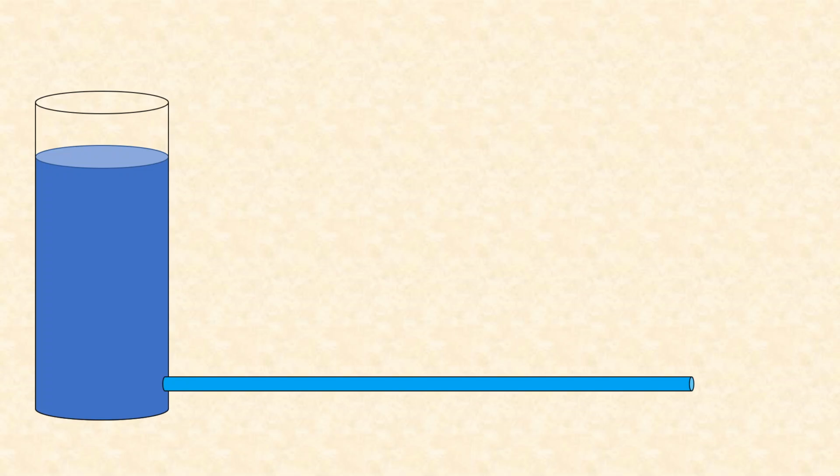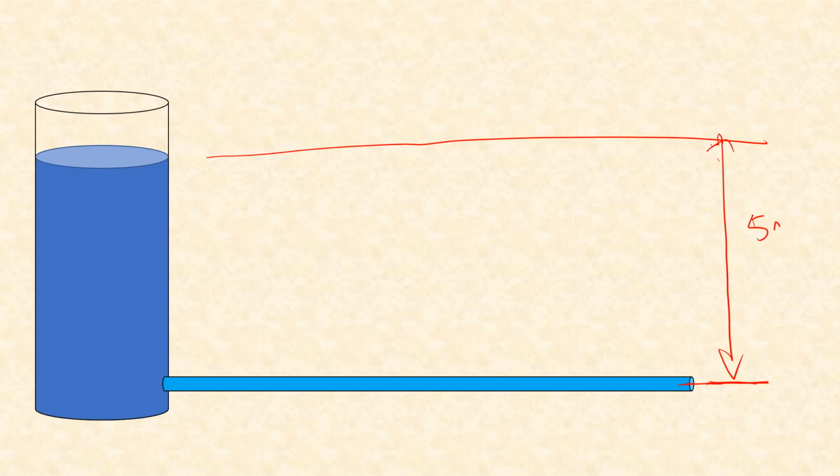Now let's take another problem. It's simpler, but the only difference is, instead of a tank on the other end, it's simply discharging into the open, or the atmosphere. So in that case, what we are going to do is take the head difference between this exit point, that's the center of the outlet of the pipe, and the water surface. Let's say this is 5 meter now,